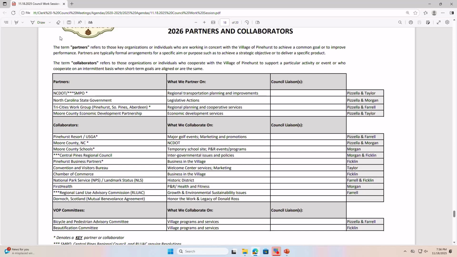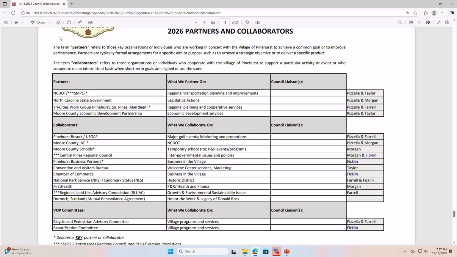For the regional First Health, the obvious fit for replacing Dr. Morgan would be Kevin Fitzpatrick, given his medical background. And the Regional Land Use Advisory Commission, which I'll admit I didn't know a couple of years ago and it came in handy this last year or two. We replace Jack with Jeremy Hooper, who obviously just served on the Land Use Planning Committee for the Moore County and has been on our Planning and Zoning Board.